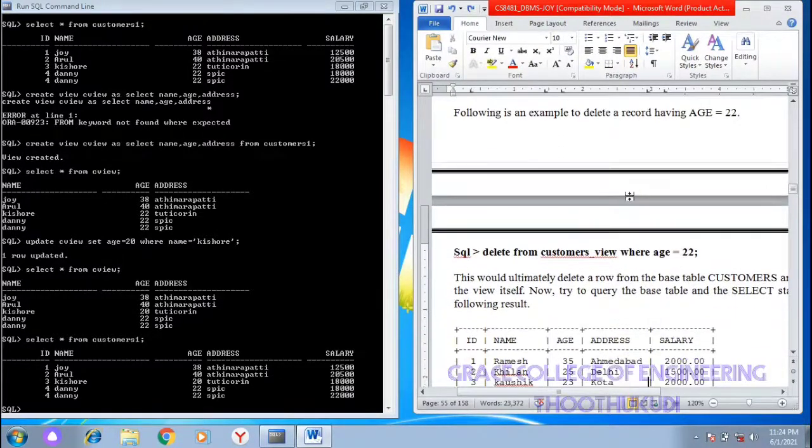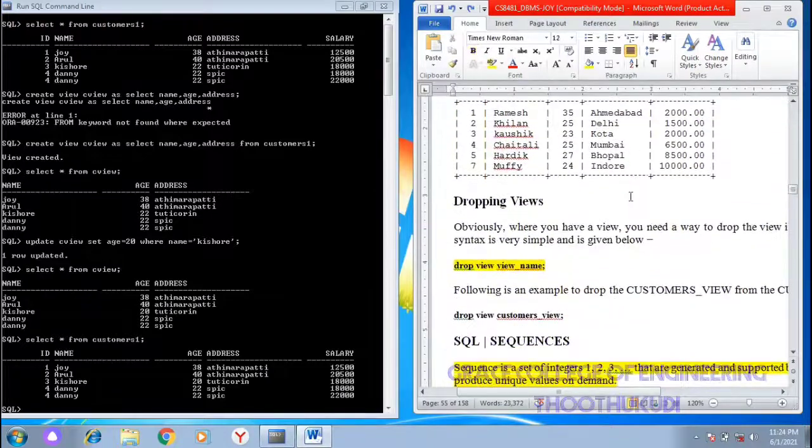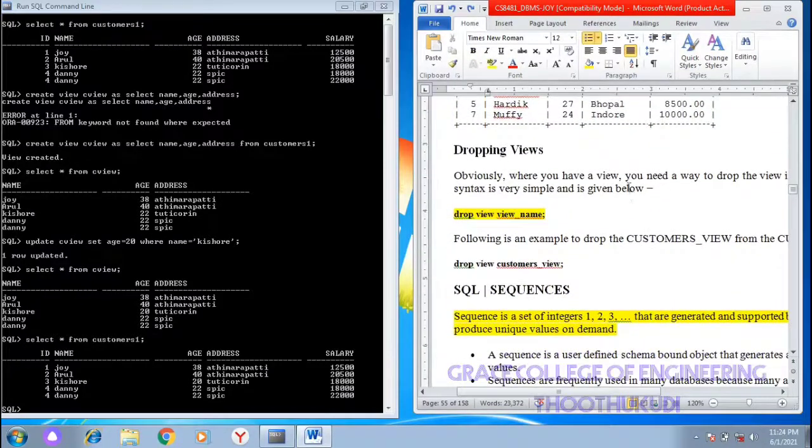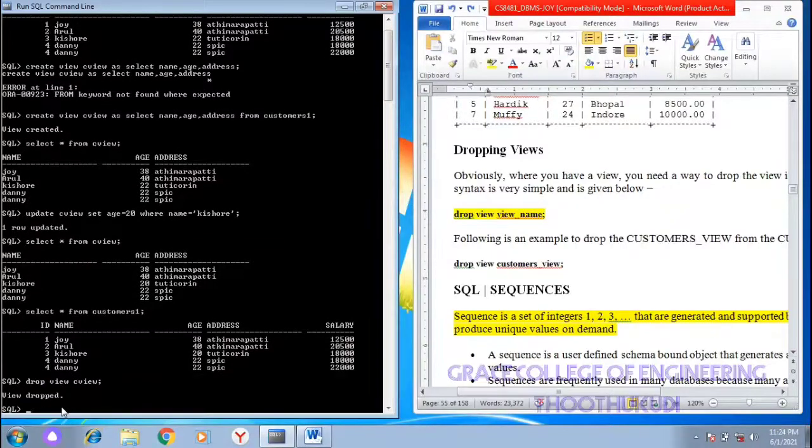One more thing: if I want to drop or delete a view, use the command drop view, then the view name. For example, to drop the view from the database, put the command drop view C view. Now the view is dropped.